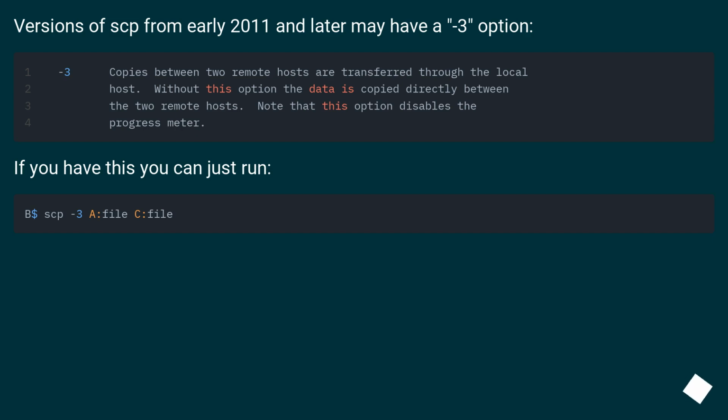Versions of SCP from early 2011 and later may have a -3 option. If you have this, you can just run: